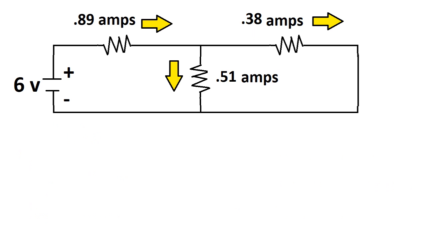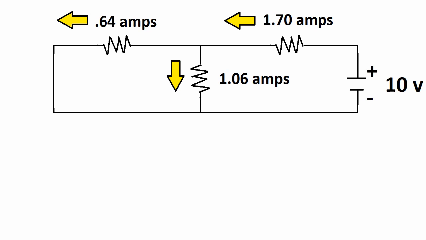When solving one of these problems, you have to decide which way the current flows. It doesn't matter which way you make it flow, if it's positive to negative, or negative to positive. In this case, I did positive to negative. Now it's basically the same process except you use the 10 volt source and you ignore the 6 volt source. So I gave you guys the currents for all the resistors already, and once again I made the currents